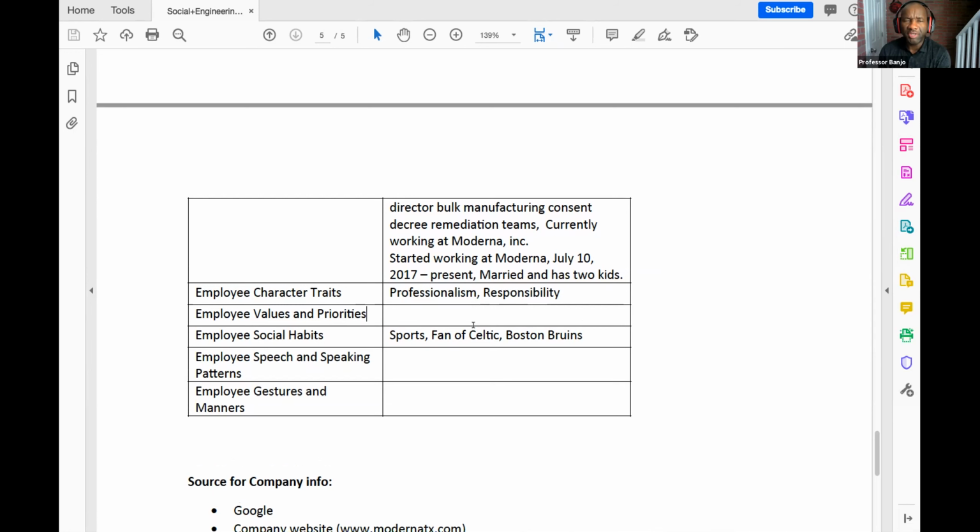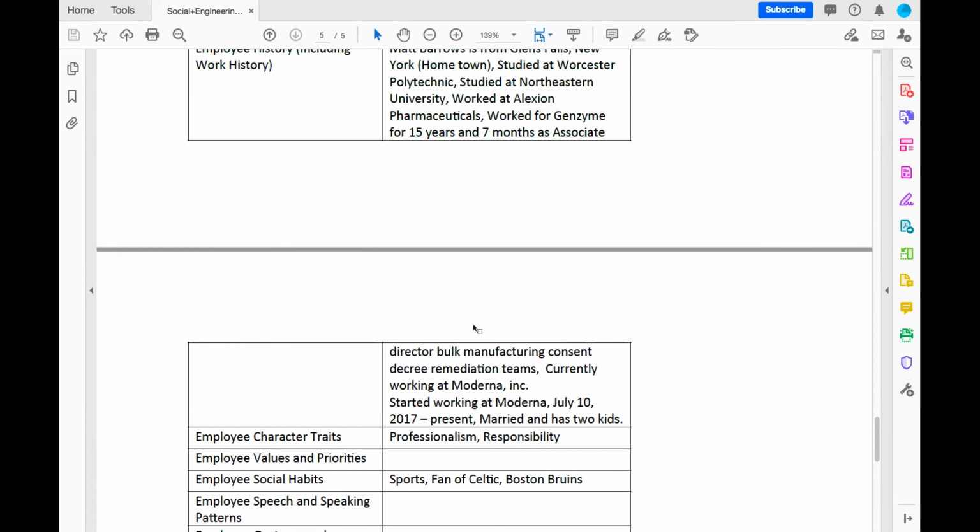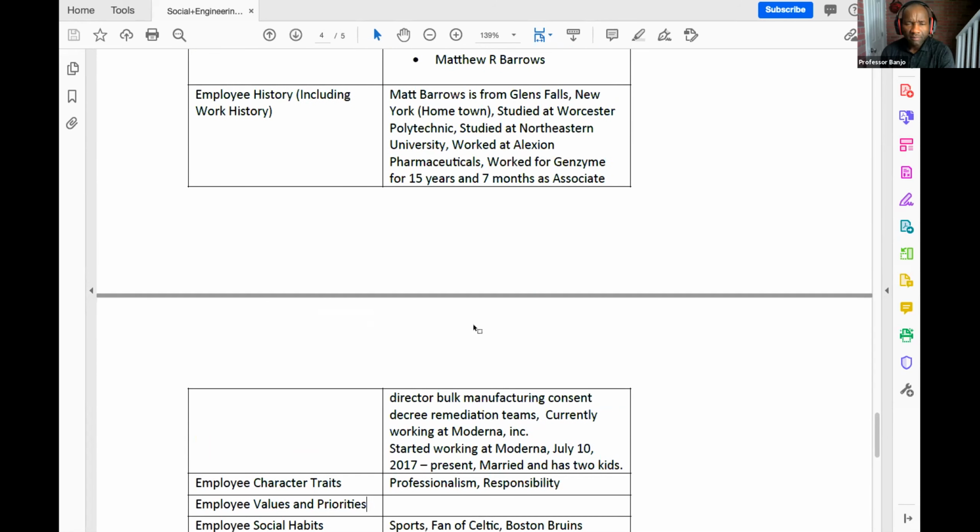Give us an idea of something you can do with all this information. Just give us one. If you want to social engineer this person, you pretty much have enough information. You can do a phishing email. You can send a phishing email to this person.